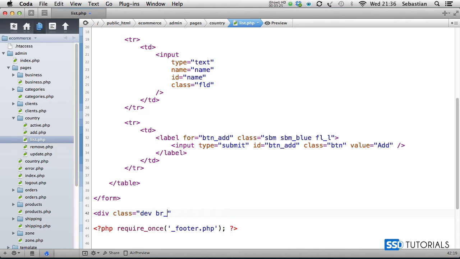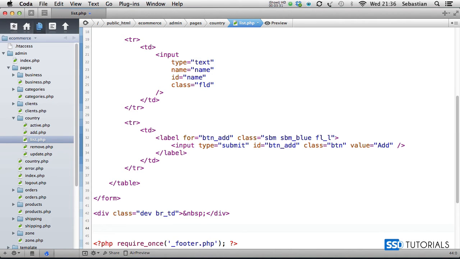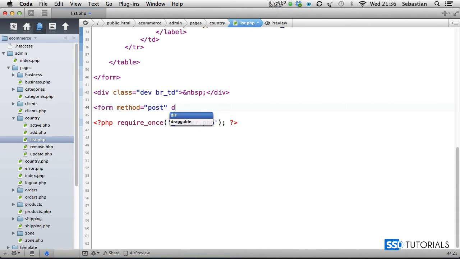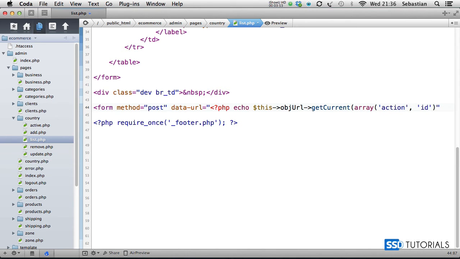then we go with br_td, non-breakable space. After this, another form, method post, data-URL equals, and we go for echo this object URL get current, and we go for array, we're removing action and ID, false for the extension, and we are appending